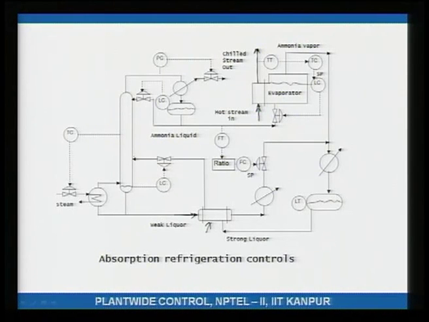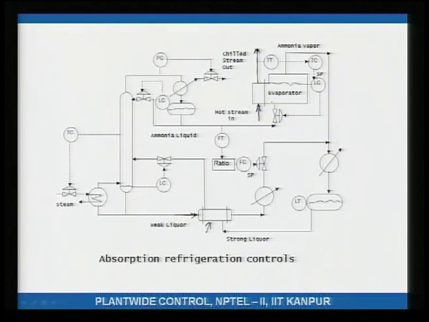What is happening in the distillation column is, when you heat it, the ammonia will come out of the water, and therefore you may treat ammonia as the light component. This light component becomes richer and richer in ammonia as you go up the column. The ammonia vapor is condensed, part of it is refluxed, and the other part is sent to the evaporator. All right.